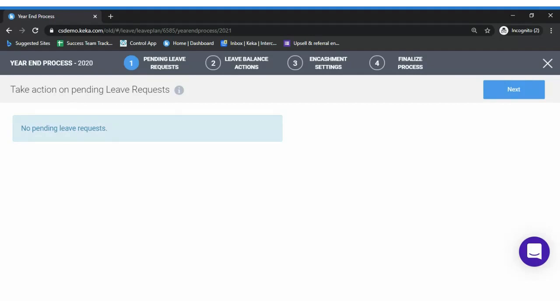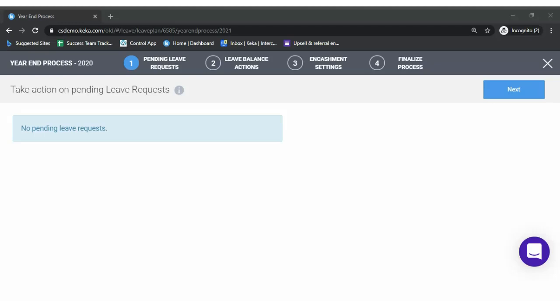So I suggest you not to apply for the previous year once the year-end processing is done. You will not be able to even change the balances for the previous year once it's done. Any leave request that you want to make for the previous year, you need to do before you begin the year-end process so that it will not get affected.